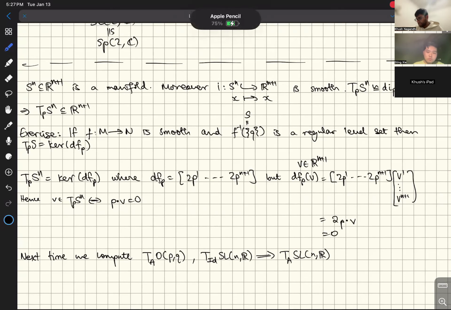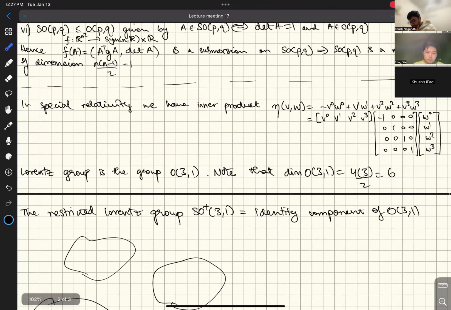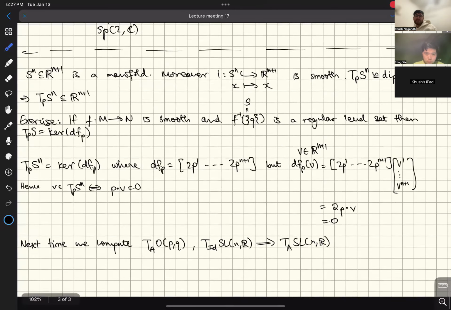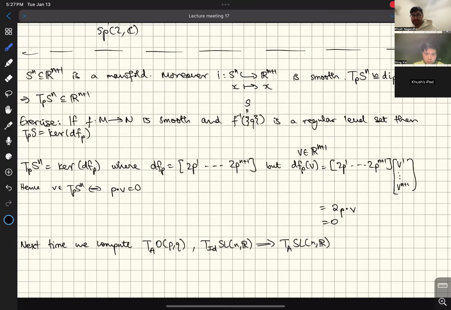I might look into the tangent space. Oh, never mind. I was going to say I might look into the tangent space of the Lorentz groups, but we're already doing that here. So yeah, are there any questions? Nope. Okay. So by Saturday, let me know which direction you're feeling more,